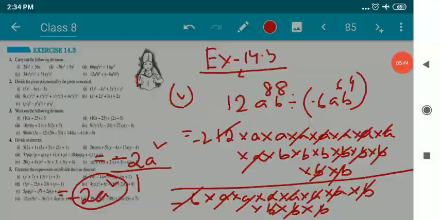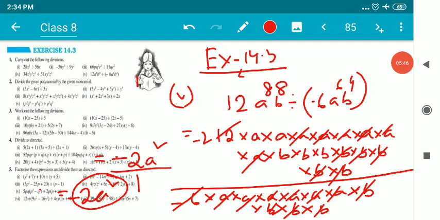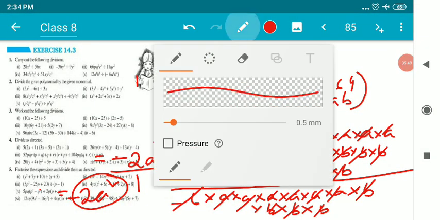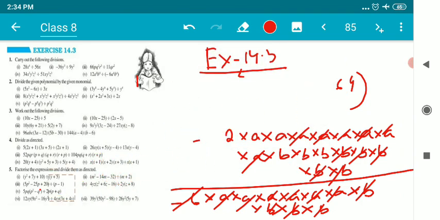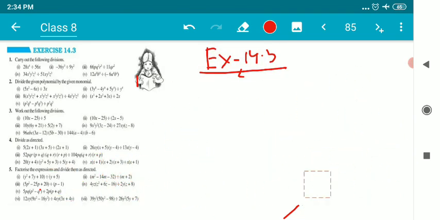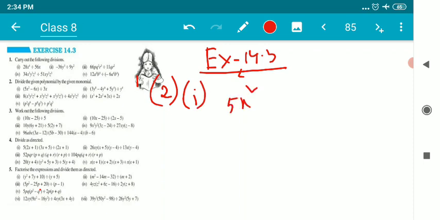This is how we can deal with this kind of question. Children, now I'll explain another very interesting question, which can be solved using a similar process. It's 5x square minus 6x, divided by 3x. Now you might be thinking, sir, can we cancel this x with 6x? No, we can't, because there is an operation in between. It's a minus sign, so we can't perform such a process.